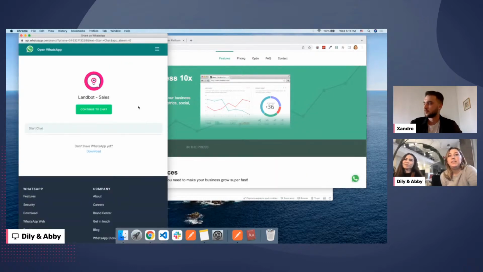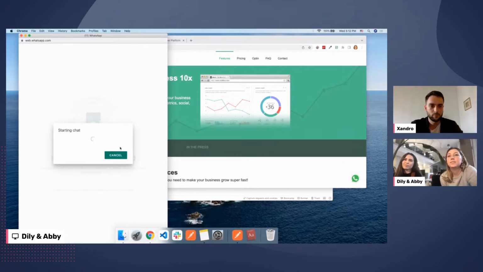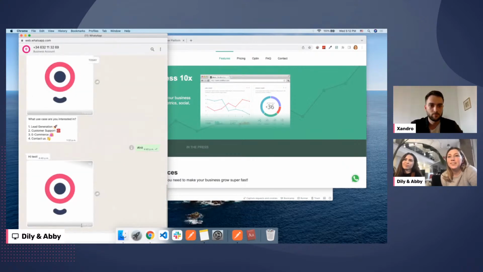And this will redirect me to a new page, to WhatsApp Web, where I can proactively start the conversation. All right, let's wait for it to load. Perfect.